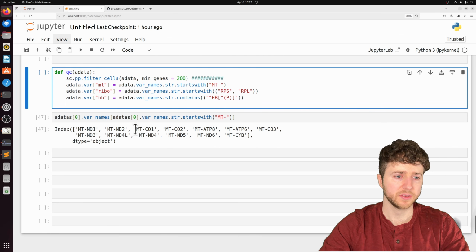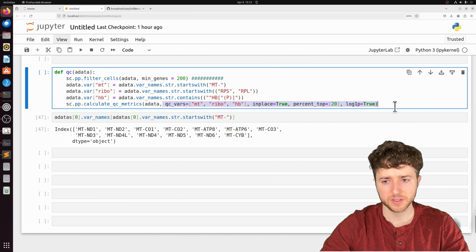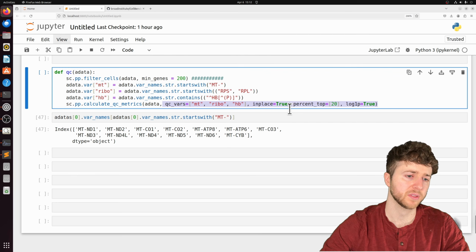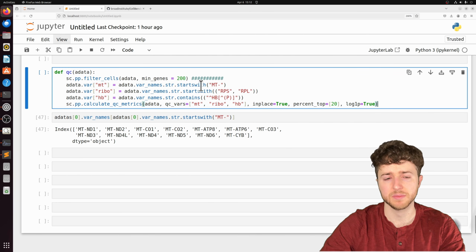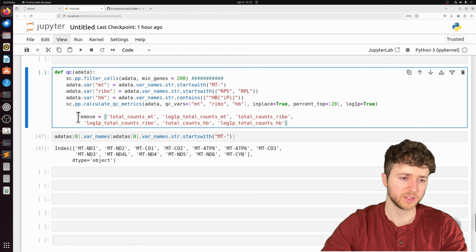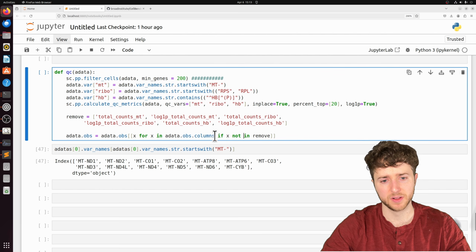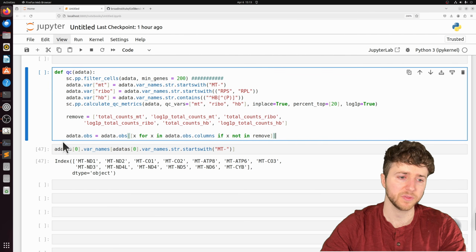So we'll annotate the var data frame and then use that var data frame we annotated to calculate these QC metrics along with some other standard single cell QC metrics. There's going to be a lot of extra columns, so I like to remove some that we're never going to use. So we're getting rid of columns in AData obs columns if they're in this remove list.